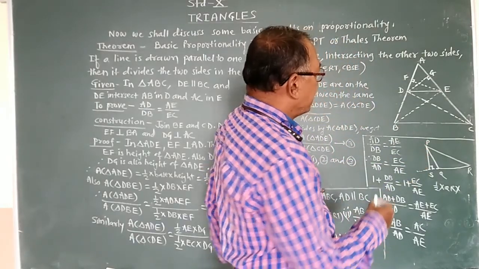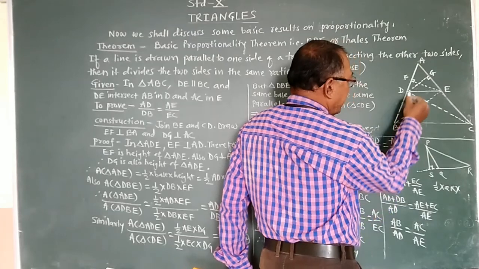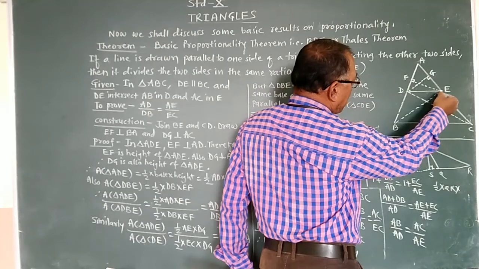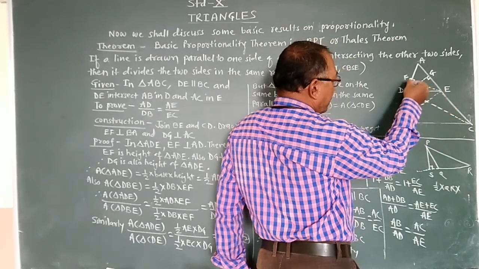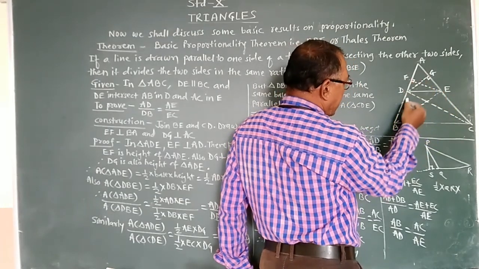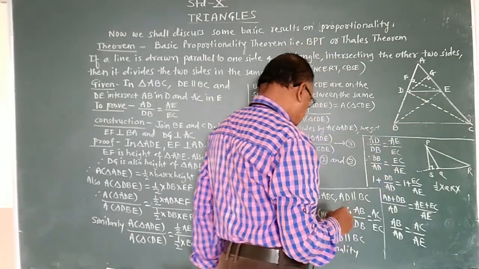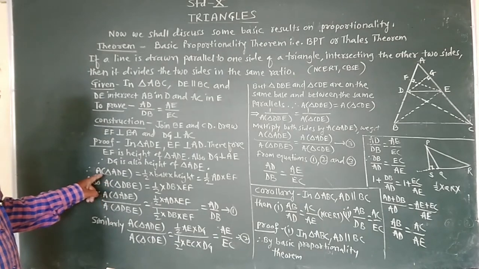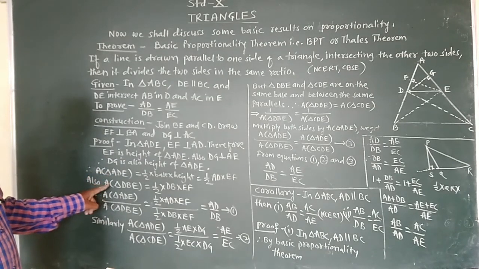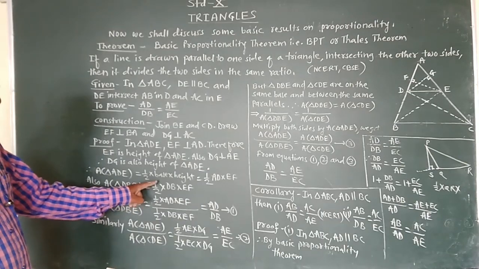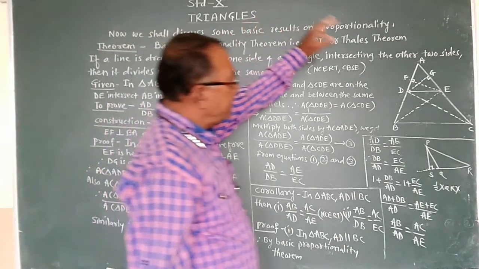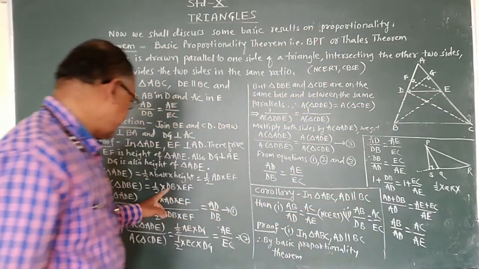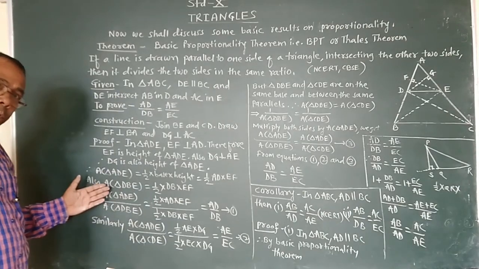So similarly here, BDE is a triangle, and here EF is the height, and BD is the base. In this way, in a triangle DBE, area is equal to 1/2 into DB. DB is the base and height is EF. So height is EF, and therefore if we take the ratio